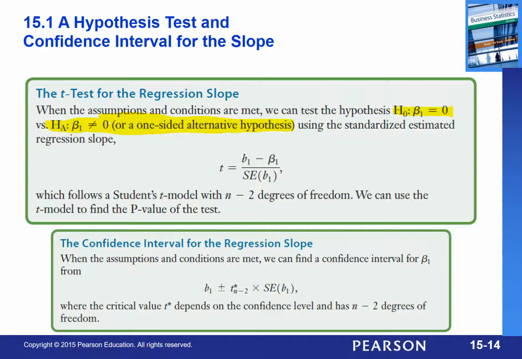The big thing here is that our null is always the same. It's always, I assume this is nothing. So be careful with that. And then we use the following test statistic and the T model with the degrees of freedom n minus